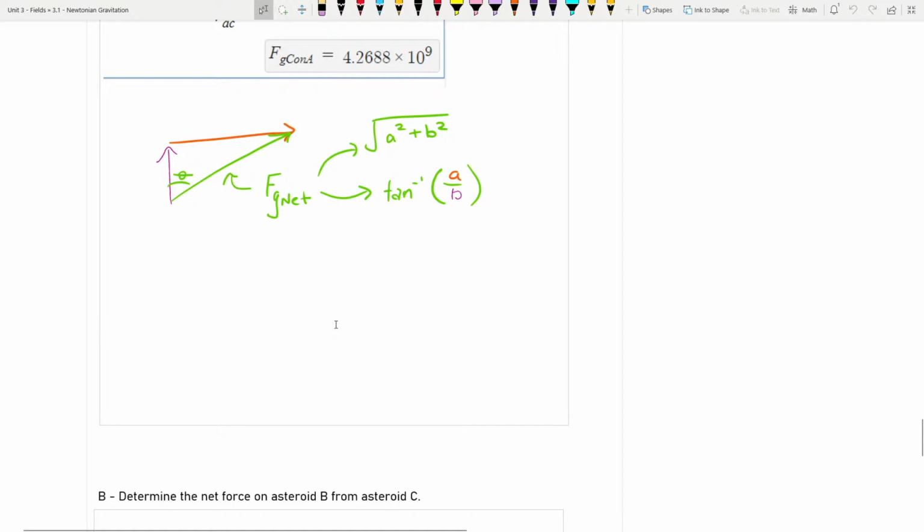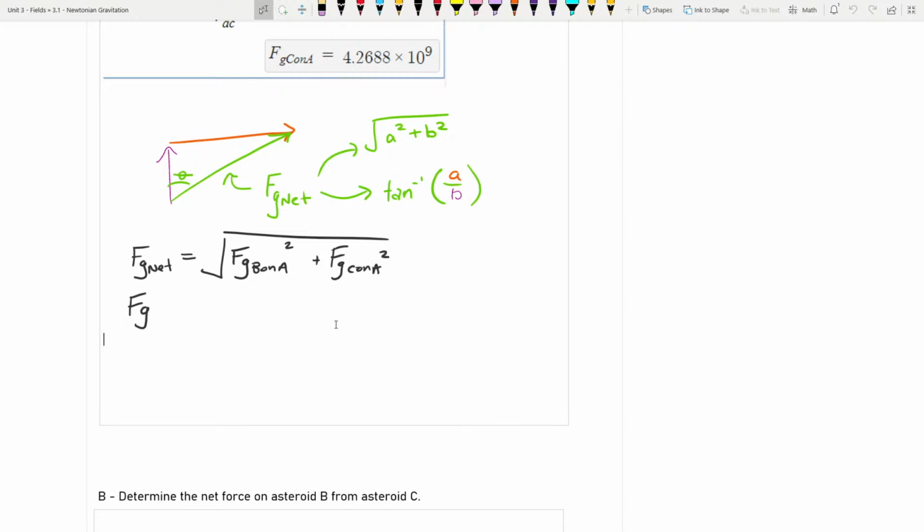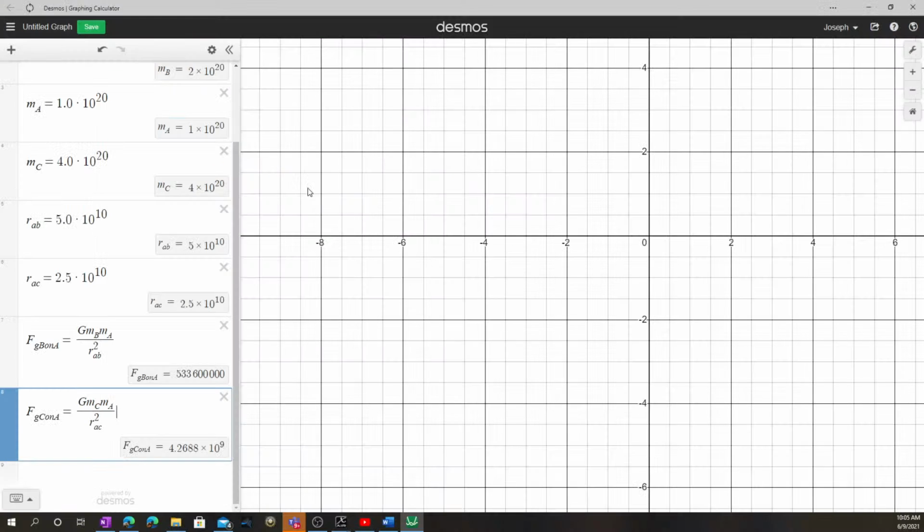So let's just do it. We can say the force of gravitational net is going to be equal to the square root of the force of gravity of B on A squared plus the force of gravity of C on A squared. And that will be equal to